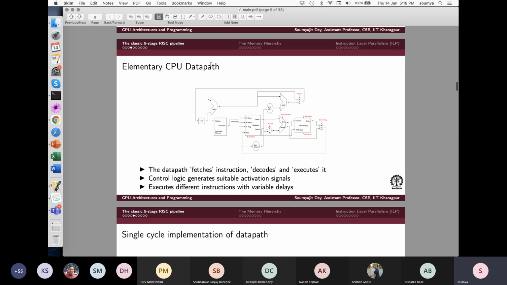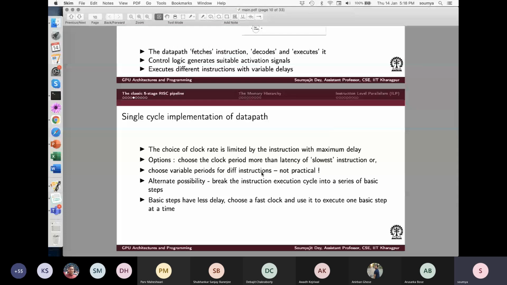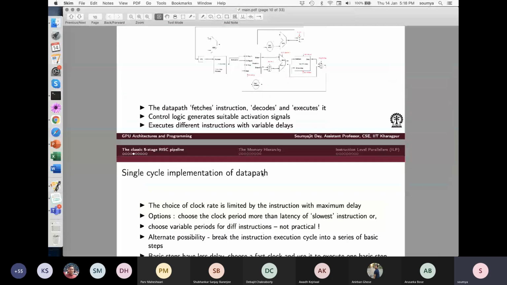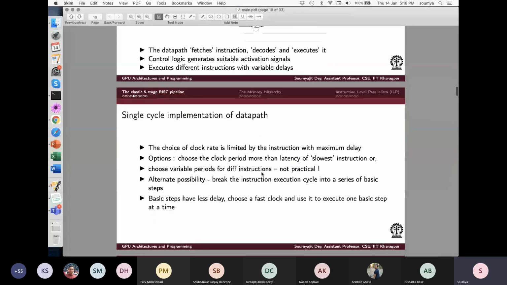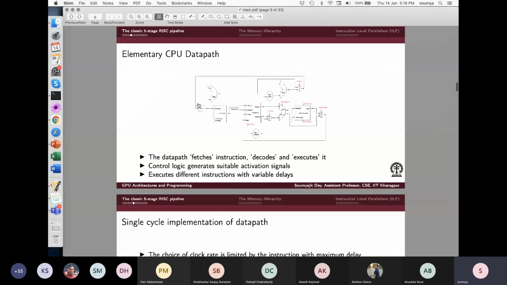The other option is, well, I divide the data path into different stages known as pipeline stages, which are going to take some fixed amount of time. Now what will happen? I will clock each pipeline and connect them one to another. So then each of the pipeline stages will be very fast, right? And so why did some operation take more time, less time? Because those operations did not use all the different stages. Some of them may use all the stages, like that.